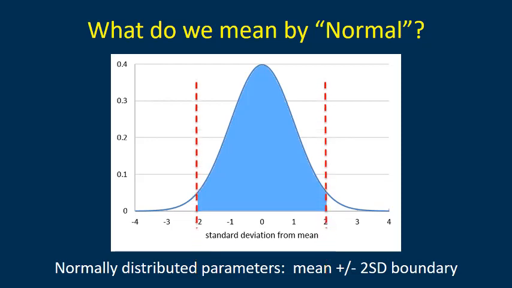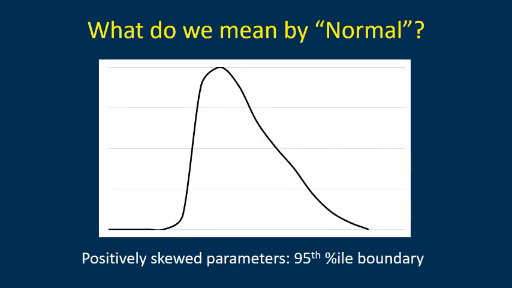In a lab values report, the reference range that is shown is usually defined as a range falling within 2 standard deviations from the mean value for that parameter, such as the range shown by the blue shaded area on this curve. And this is the definition of normal that we will be using throughout this presentation. However, although that seems fairly straightforward,